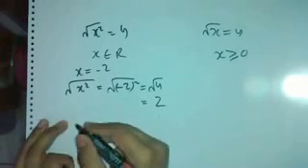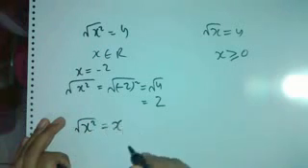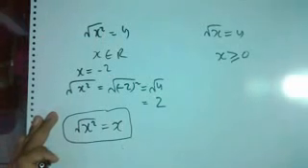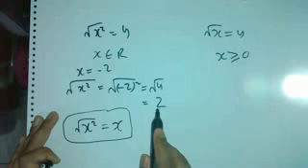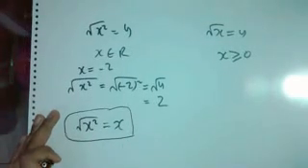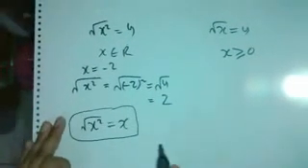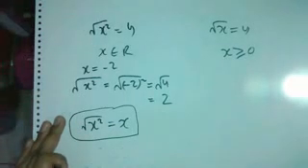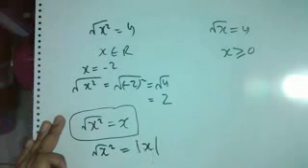What most people think is that under root of x square is equal to x, which is again a misconception. Under root of x square is not equal to x. Here we are taking x as minus 2 and we get the answer 2, which is not minus 2, right? So these two are different. This is one of the major misconceptions again: under root of x square is equal to x. This is not the correct thing, and under root of x square is actually mod of x, right?